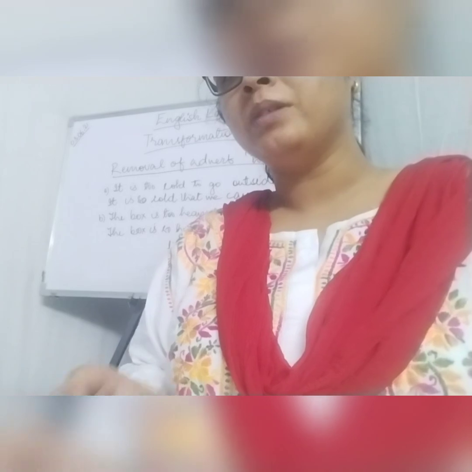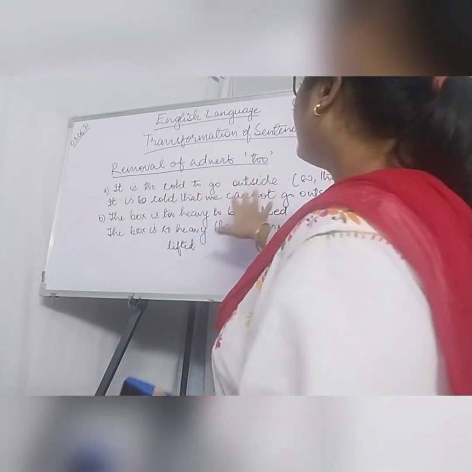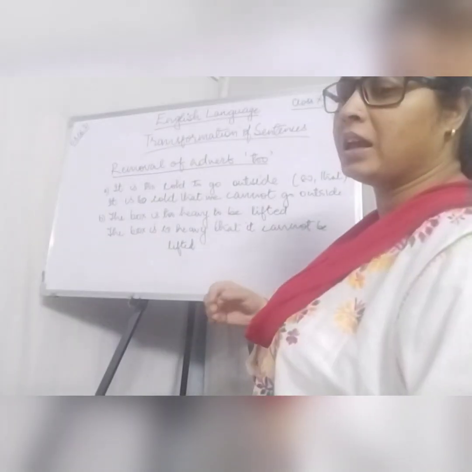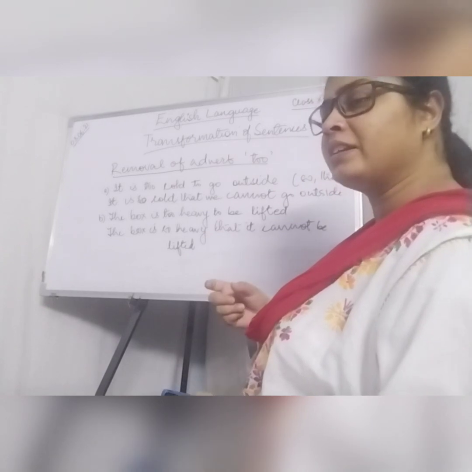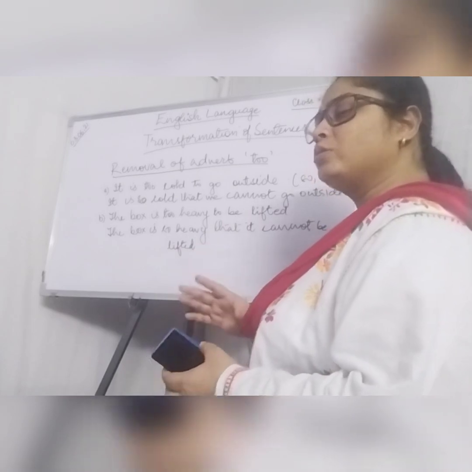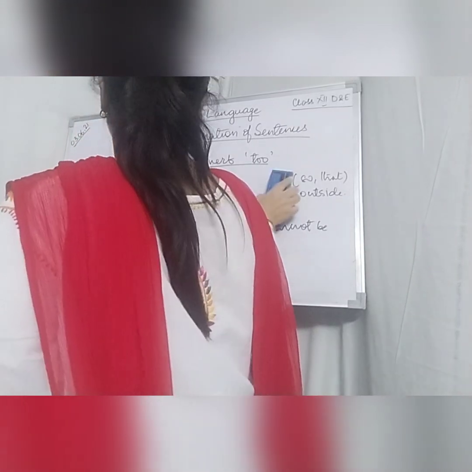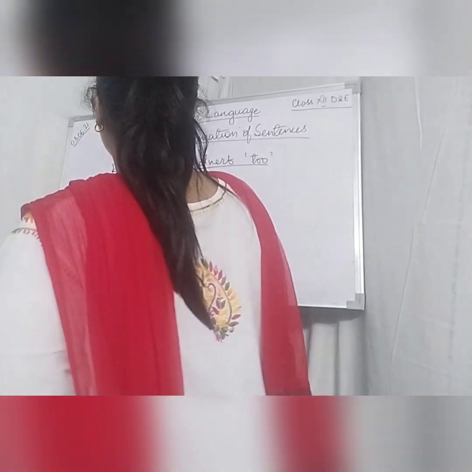Now there is one more situation. There is one more condition in such sentences. There is no negative word in all these sentences, but sometimes it so happens that the sentence contains a negative word with adverb too as well. So now let us see what we do in those type of sentences. It is too clever not to see through your tricks.